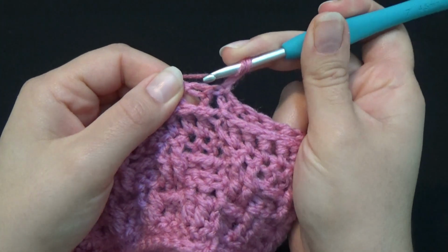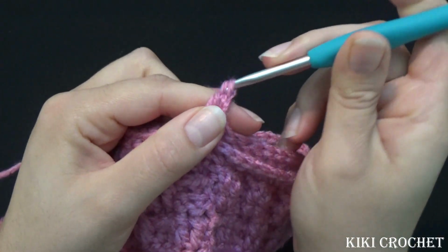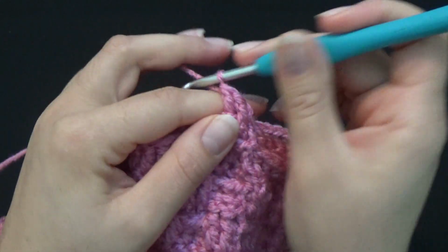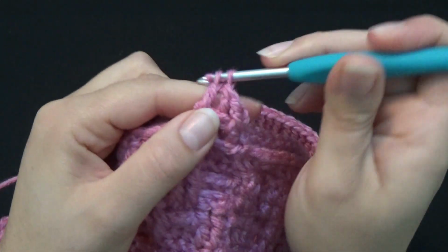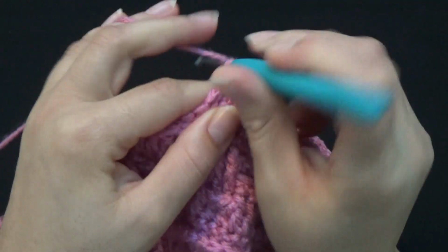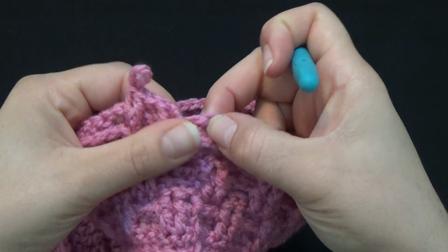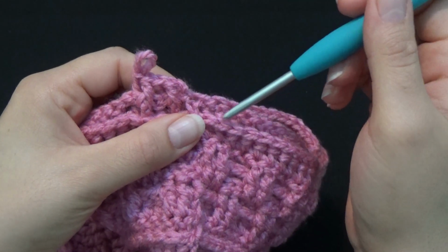Starting from the first stitch, I'm going to work one front post double crochet, one back post double crochet around the next stitch, one front post double crochet around the next stitch, one back post double crochet around the next one. So keep working one front post, one back post, one front post, one back post all around. Your last stitch is going to be one back post double crochet, and this will be the end of row